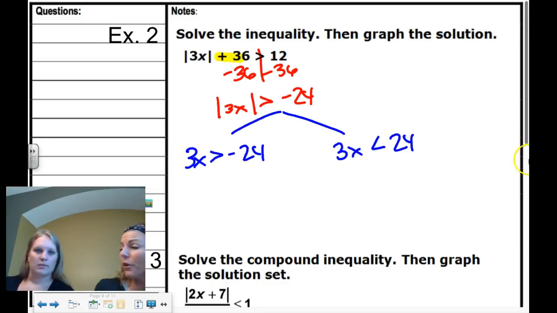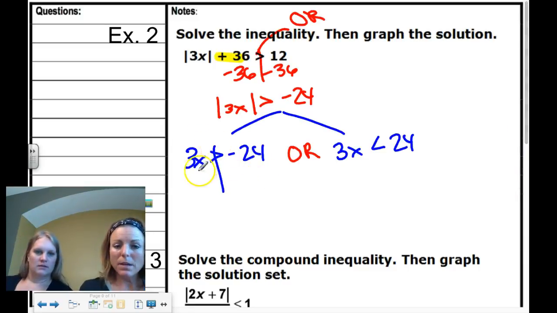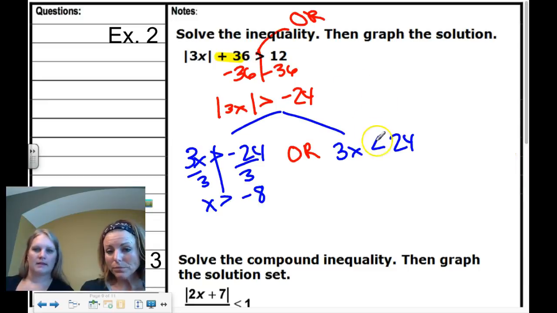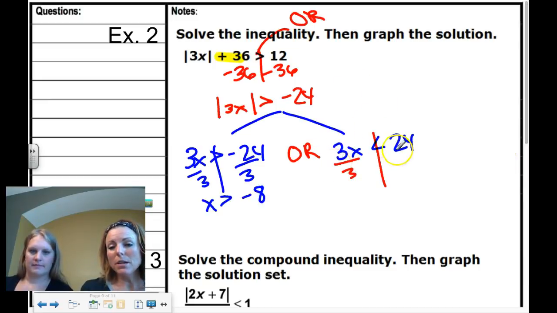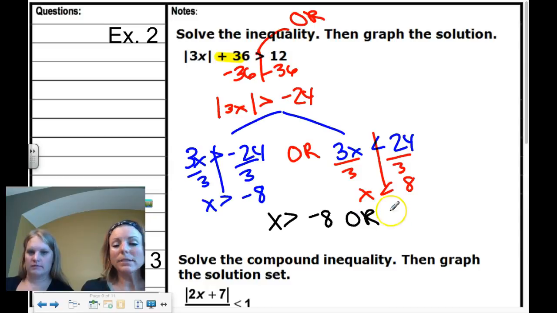And is it an and or an or? I'm going to look back up. I see that it's a greater than, so it's an or. So let's write an or right there, and I would do that right away. Now let's solve. So we're going to divide by 3. And since we're dividing by a positive, we don't have to flip the inequality. So it's x greater than -8, or, and divide by 3 again. The inequality stays the same. There we go. So the final answer should be x is greater than -8 or x is less than